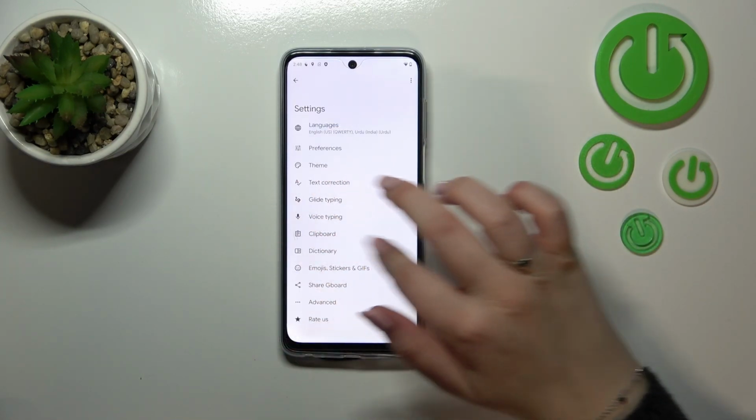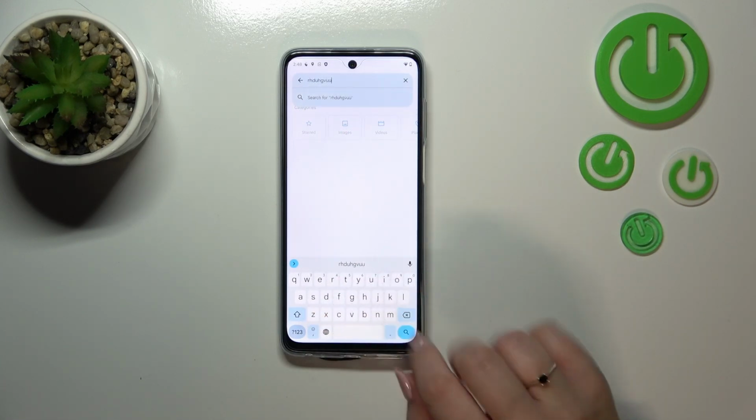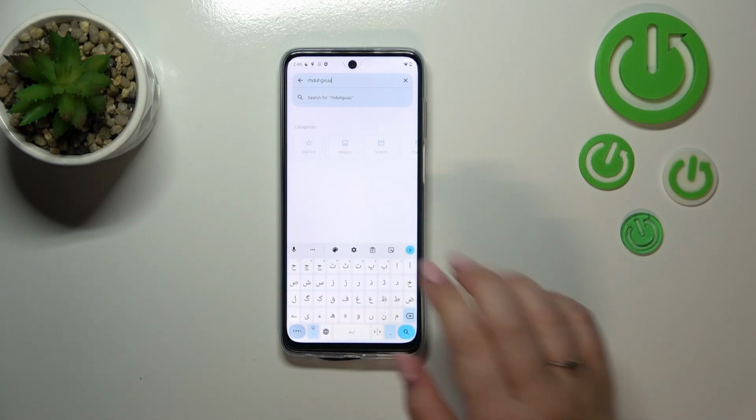So now we can go back to the keyboard and check, because we will have 2 differences. Right now we've got only one visible, and the difference is the language key. So it appeared after adding new language, and it will act like a language key, which I just said. It will simply change the language on the keyboard. So right now I'm typing English, but after tapping on the globe icon, I can easily switch to the Urdu